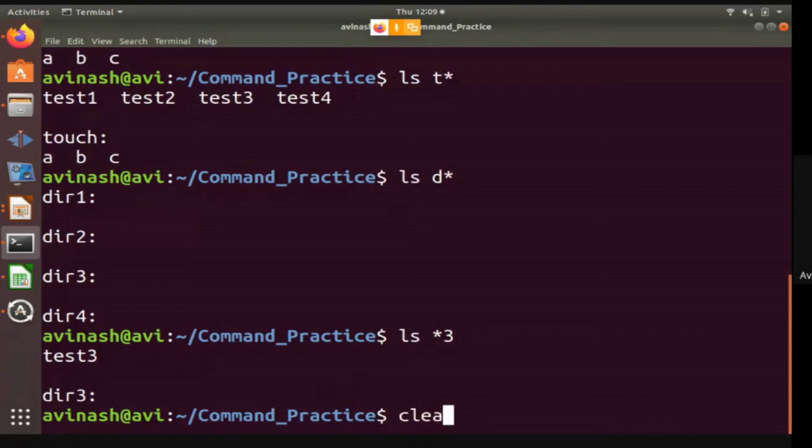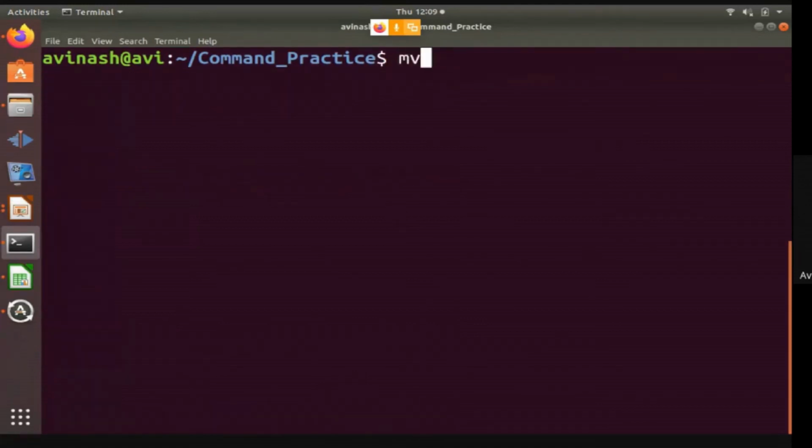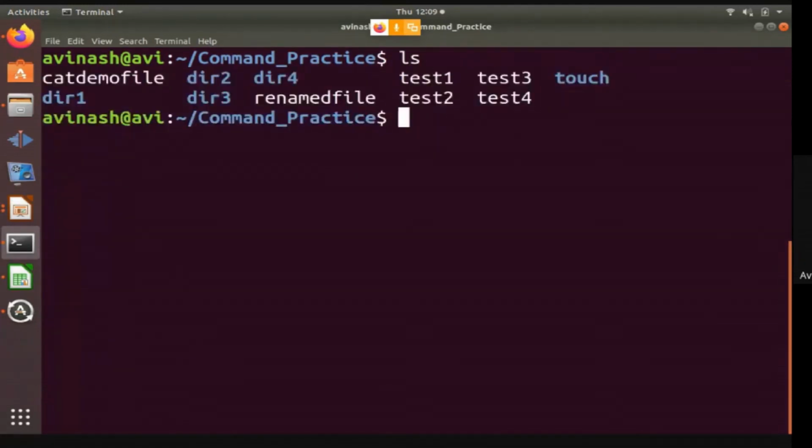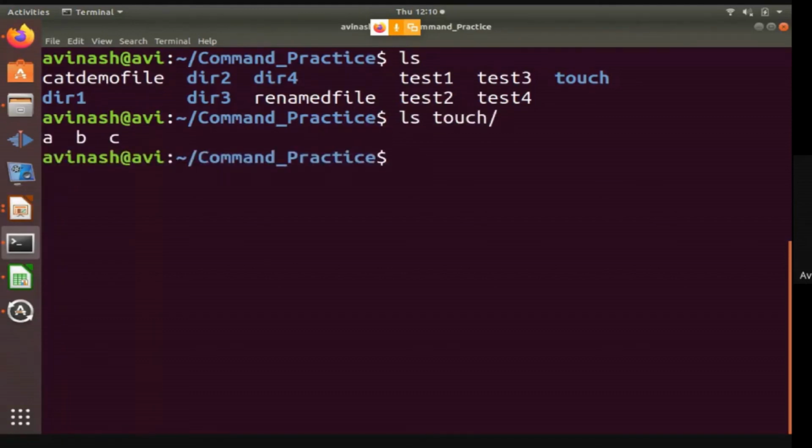So, which command were we studying? We were studying the mv command, and we have moved some files from the home directory to the touch directory. So these 3 files are moved. Another way by which you can check the contents of the touch directory is to load the touch directory.